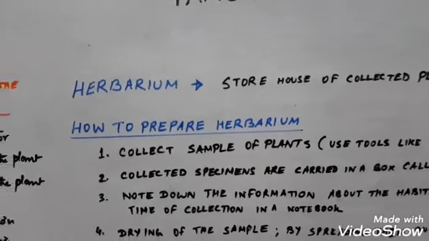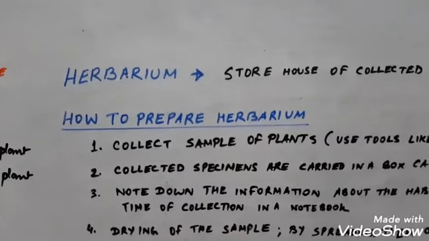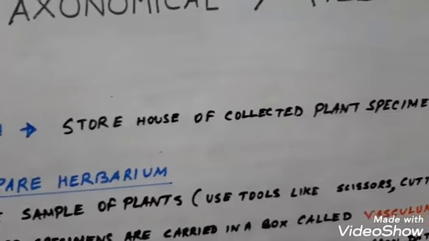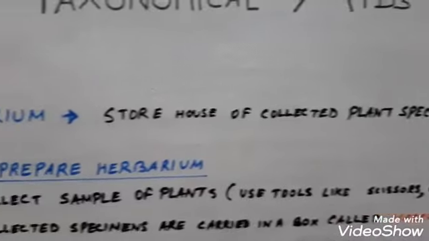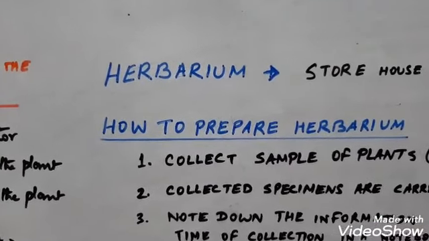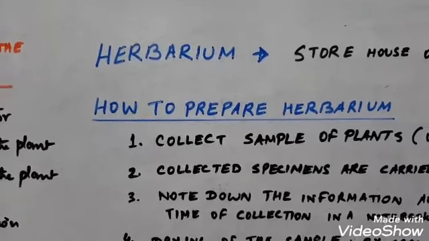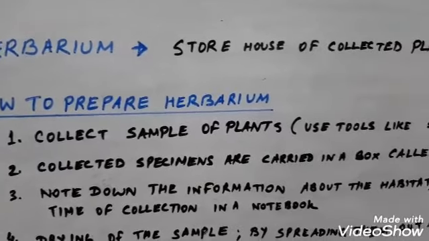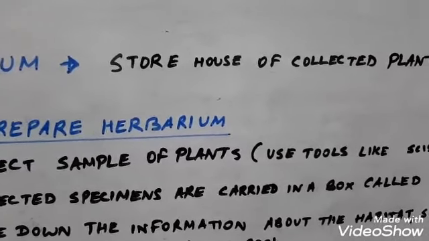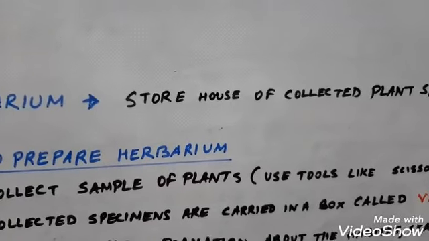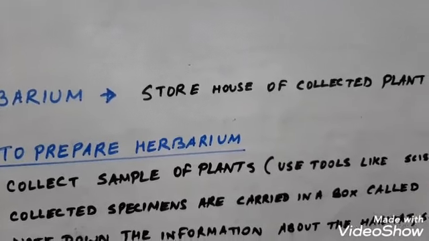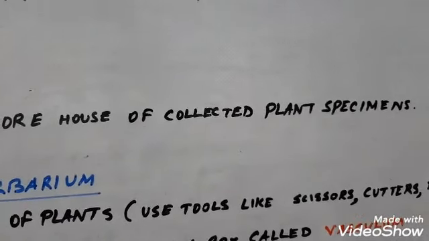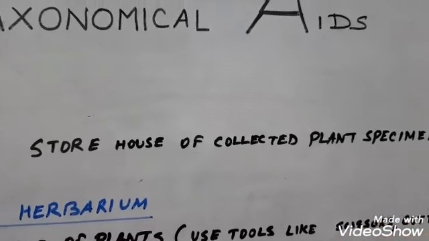So here is the next topic, herbarium and how to prepare a herbarium sheet. Now as I told you before, herbarium is a storehouse of collected plant specimens. Now how can you prepare your own herbarium sheet? For making a herbarium sheet, you have to collect some plant specimens. You can use some tools to uproot the plant specimen as it is along with its flower, seed and bud intact in the plant. So you can use tools like scissors, cutters, diggers, which is also called khurpi,